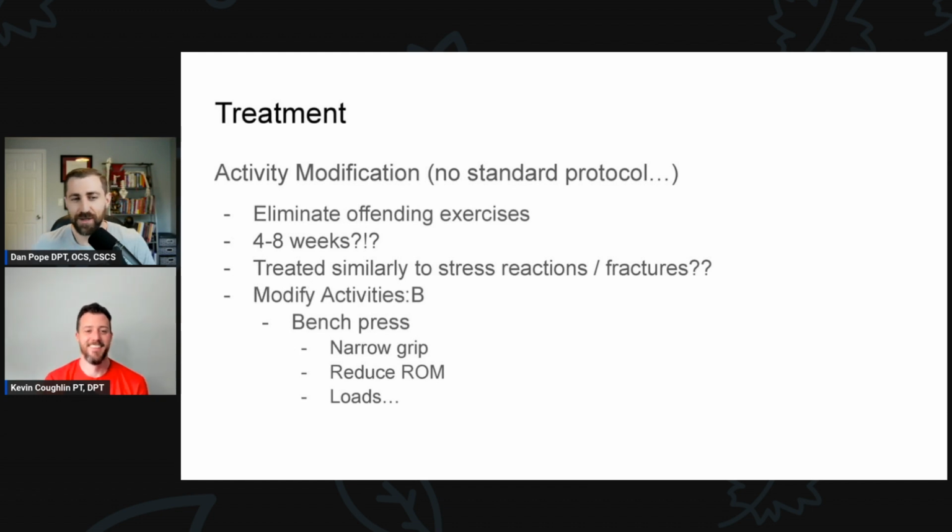All right. Now the good stuff, treatment. How do we treat these? Who knows? Your guess is as good as mine. It's kind of sad because we don't have established treatment protocols at all. Like literally there's nothing that you can find in PubMed that will say, this is a randomized controlled trial of folks who have